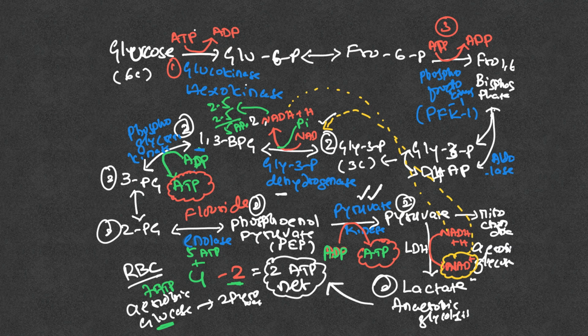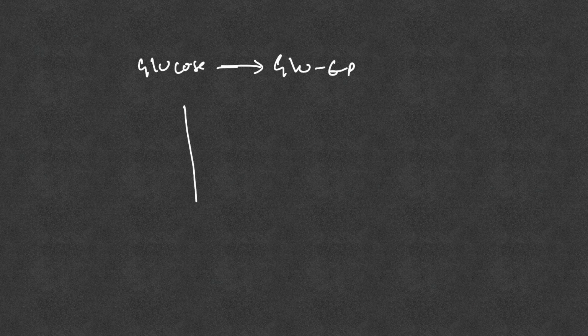I have a video on energy yield. Now the glucokinase and hexokinase reaction: the conversion of glucose into glucose 6 phosphate is catalyzed by glucokinase and hexokinase. So why do we have two enzymes for doing the same thing? In order to understand that, we need to know the Km and Vmax of glucokinase